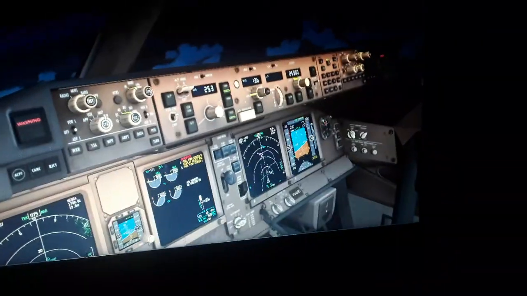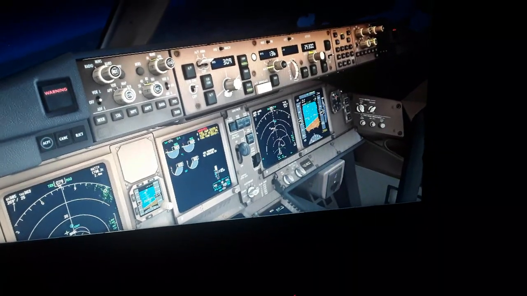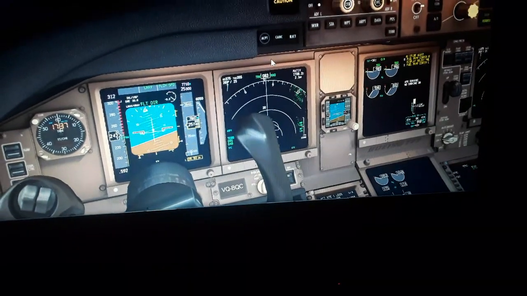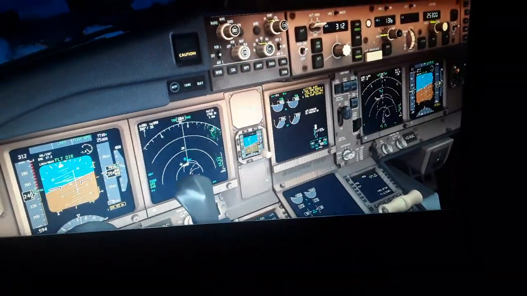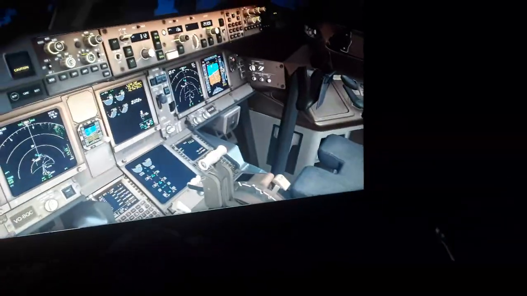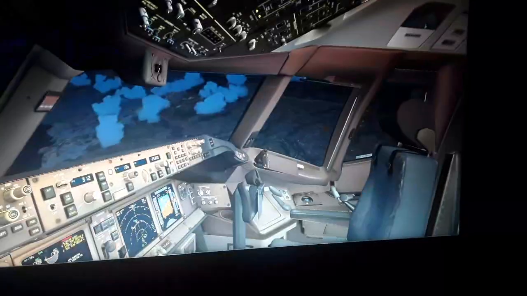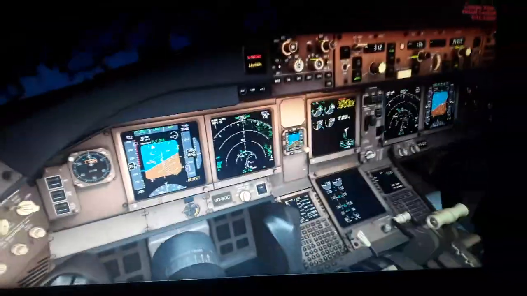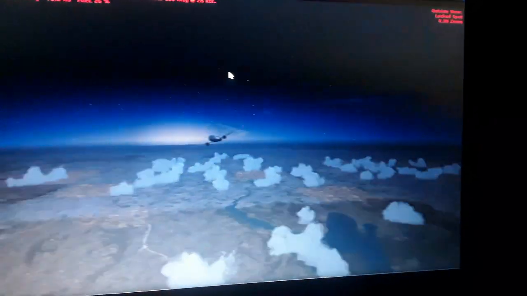We need to set higher airspeed now. So we keep cruising here,